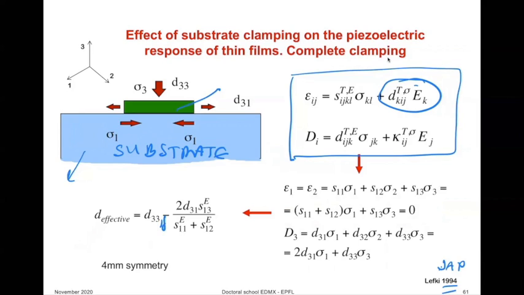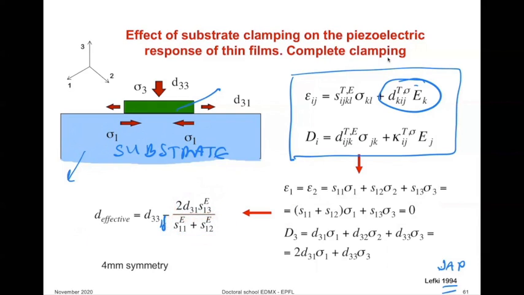This is what you would have if your film is not fixed to the substrate, minus this term over here, which is a function of properties of the film: d31 transverse effect, s13, s11 plus s12. Now it turns out that d31 is negative, s13 is also negative, and this whole term is positive, and therefore